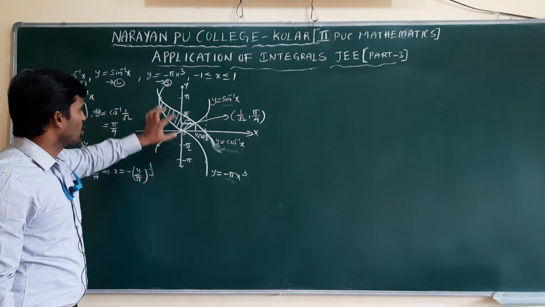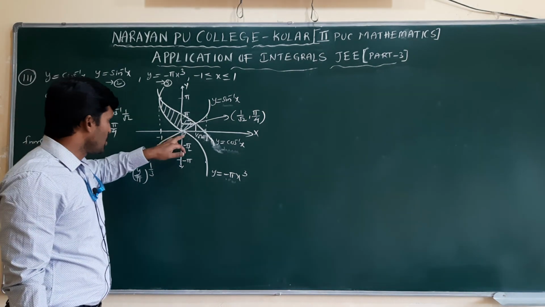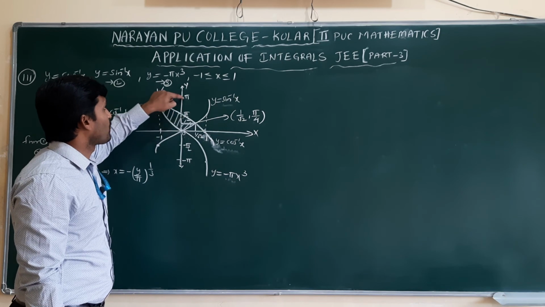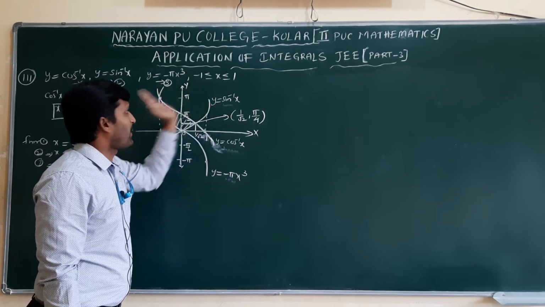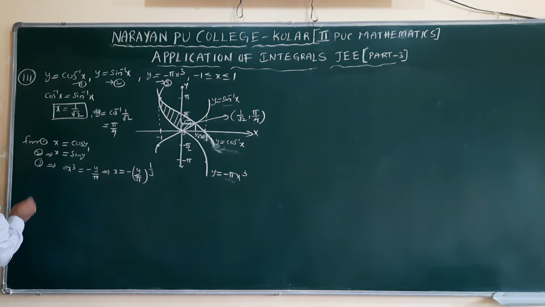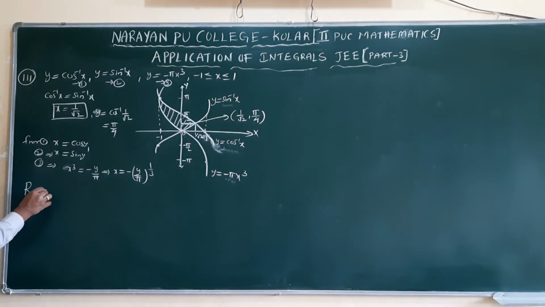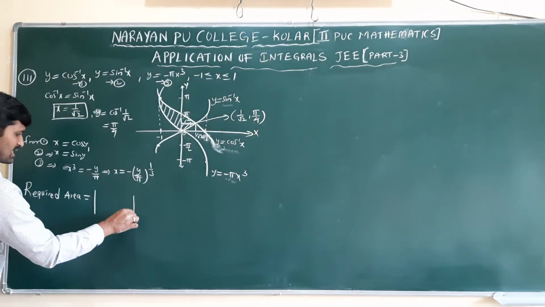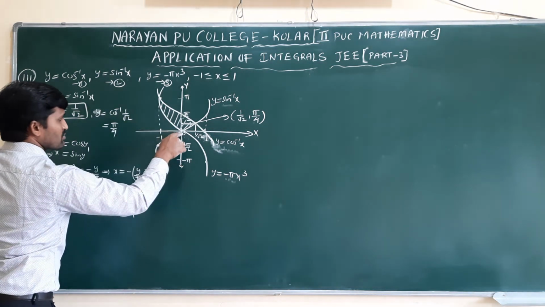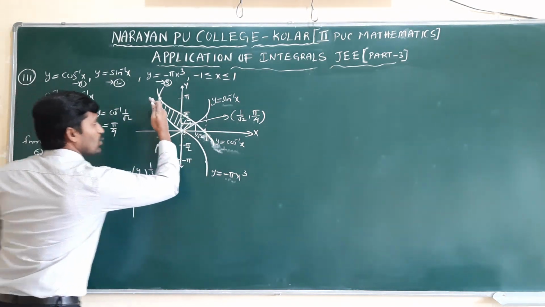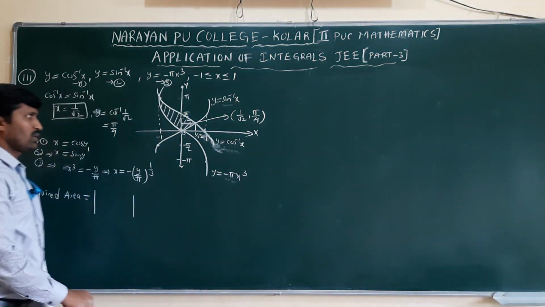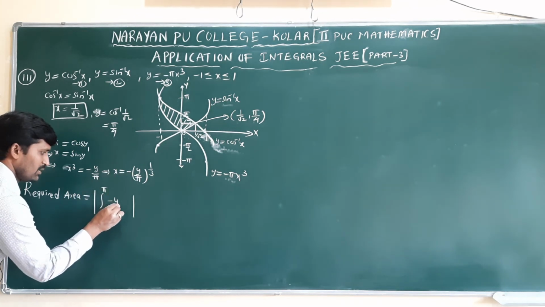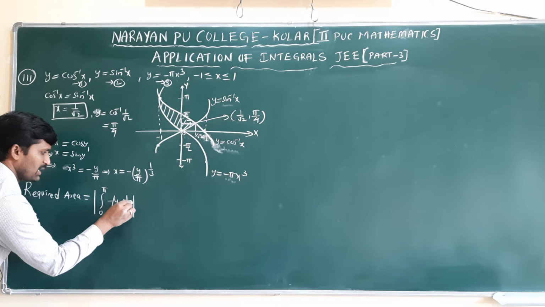We have to observe 0 to pi, this one adding modulus, 0 to pi by 4 sine graph, pi by 4 to pi by 2 cos graph, but from pi by 2 to pi, this unshaded part we don't want, we need to remove. That's why the required region or required area. First, why am I taking modulus, understand? Because this curve from 0 to pi on the left side, this complete curve, would include the unshaded part also. Okay. Now, from 0 to pi in terms of y, integral of minus y by pi whole power 1 by 3 dy.